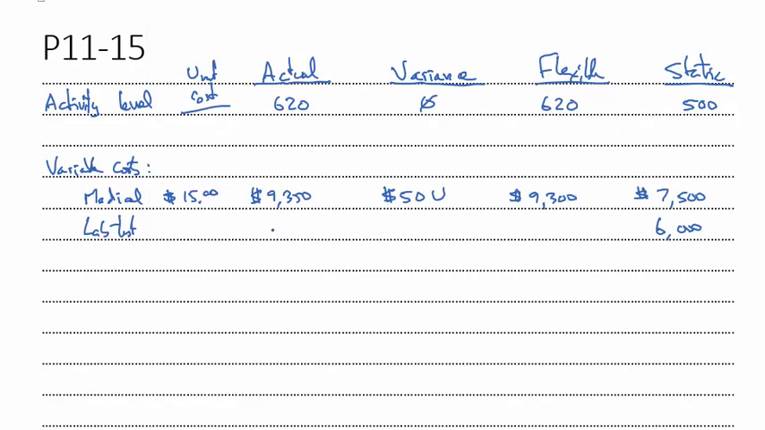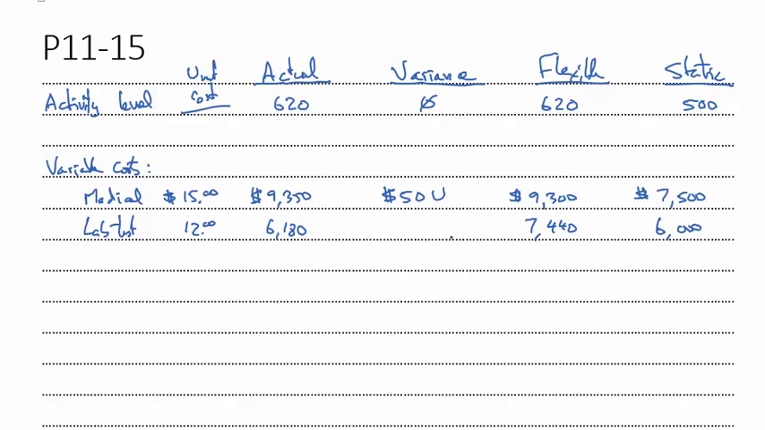Actual was 6,180. 6,000 divided by 500 is $12 per. 12 times the 620 gives us 7,440. So an increase, a significant increase here. And so now the difference, oh look at that, we're going to have a favorable budget variance